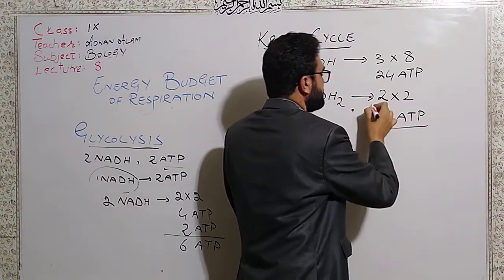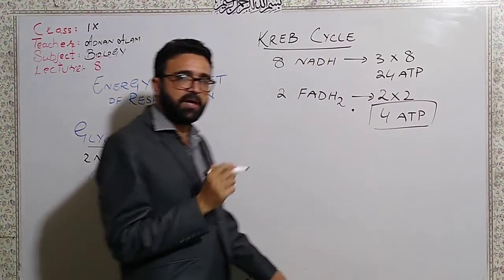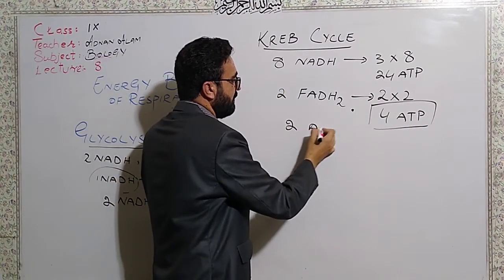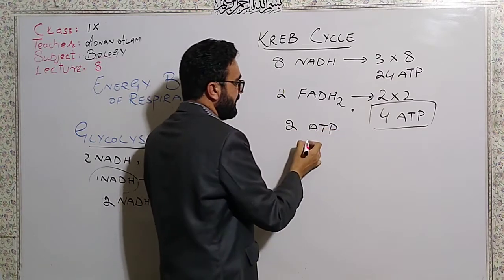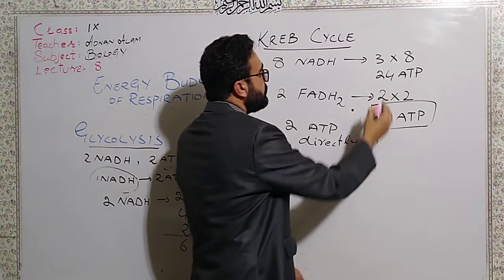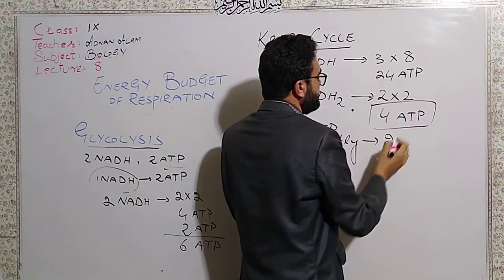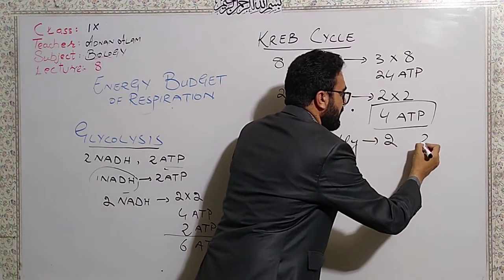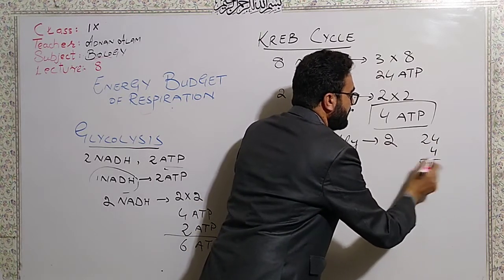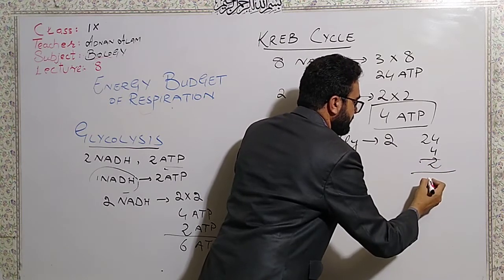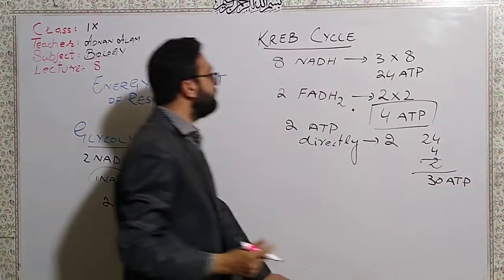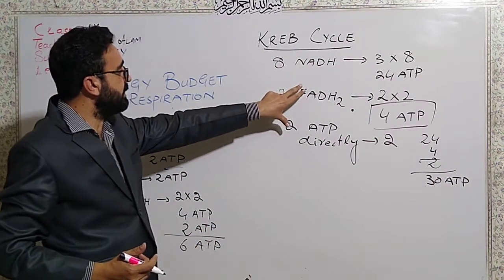And one step which I skipped in my previous lecture: in the Krebs cycle, 2 ATPs are also directly formed. So the total is 24 plus 4 plus 2, which is 30 ATPs, and that will be converted into energy in the